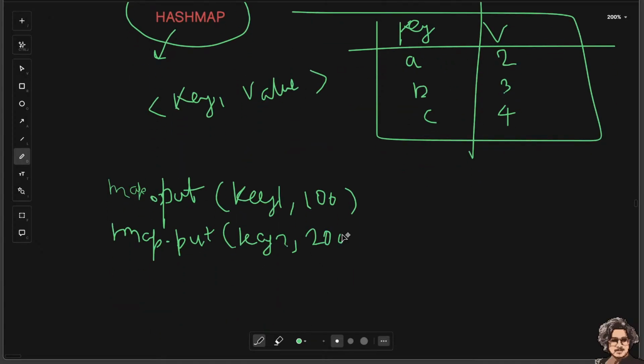In that case, if both keys have the same hash code,